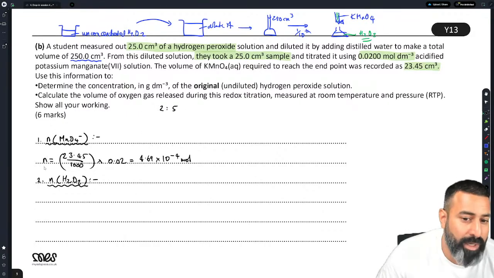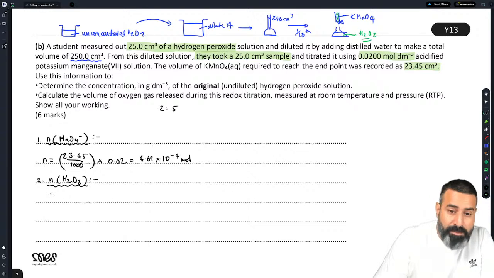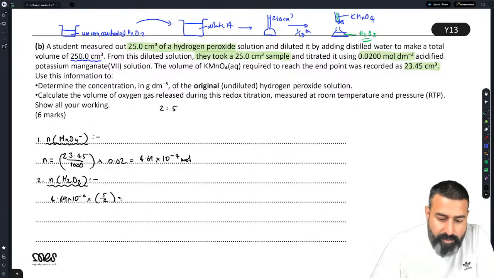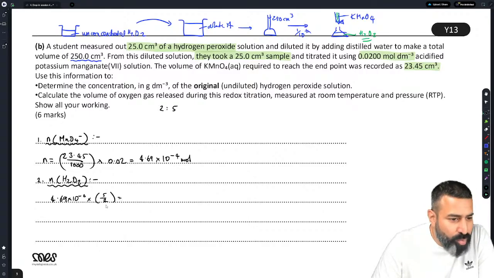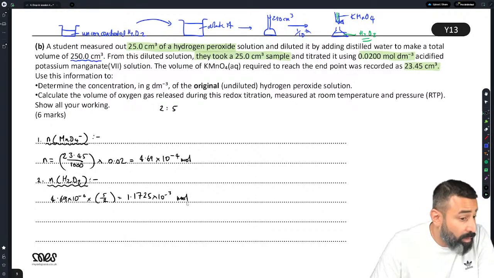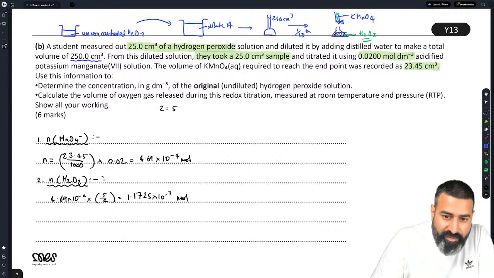Okay, so it's a 2-to-5 ratio. So what are we going to do? How are we going to work out the number of moles of H2O2? Times it by 5 over 2. Absolutely. So the number of moles are going to be 4.69 times 10 to the minus 4 times 5 over 2. So do we get 1.1725 times 10 to the minus 3 mol? Looks good to me. Okay, so that's the number of moles of H2O2 in here, in the 25 centimeter cubed